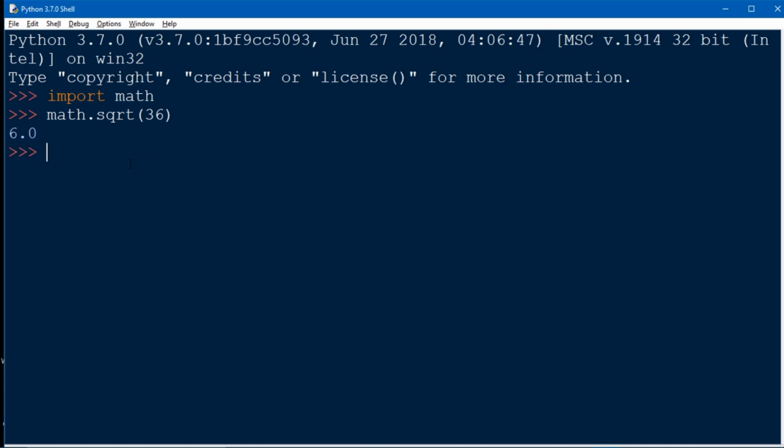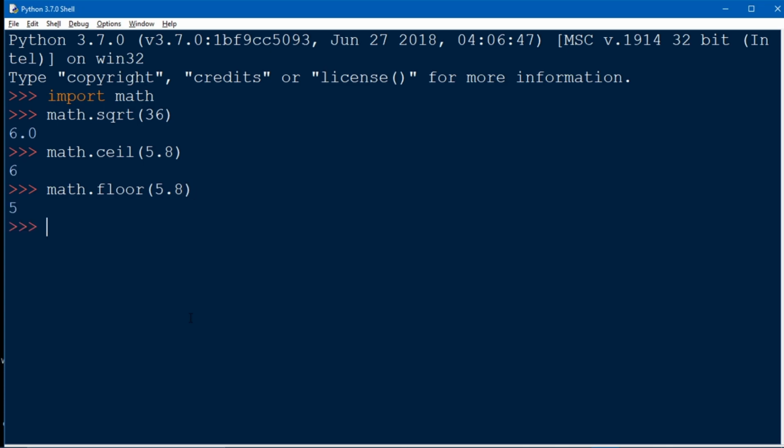Here I am taking the square root function to get the square root of a number. You can see it gives the square root of 36. Similarly, for rounding up a number to the nearest upcoming number, we use the ceil function. Let's take a number 5.5 and it gives 6. And for the nearest downward number, we use the floor function.